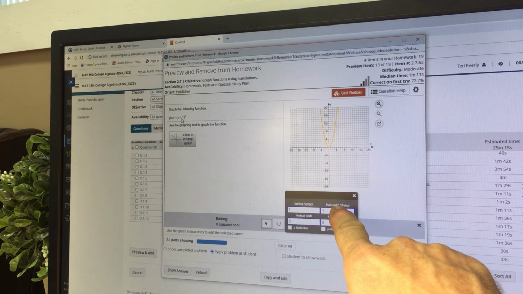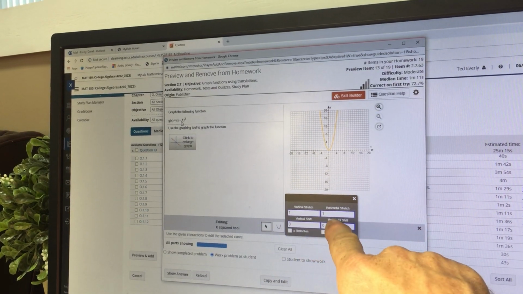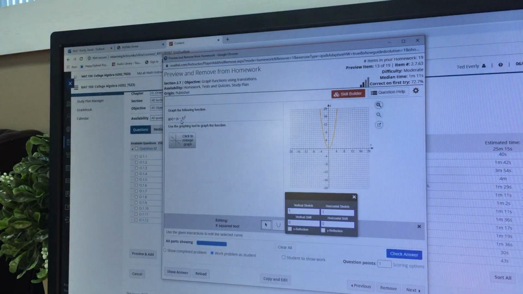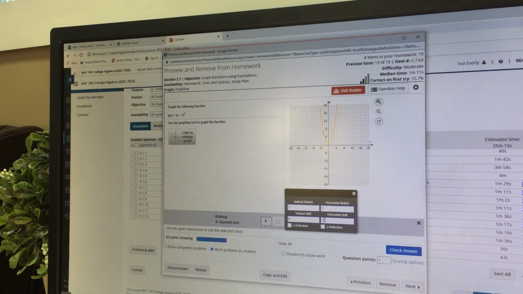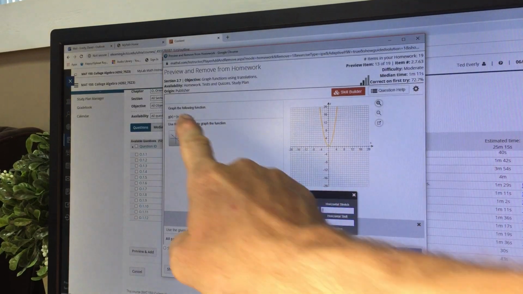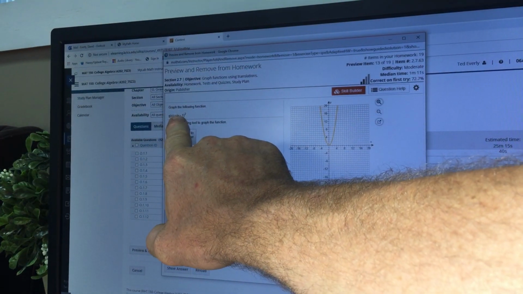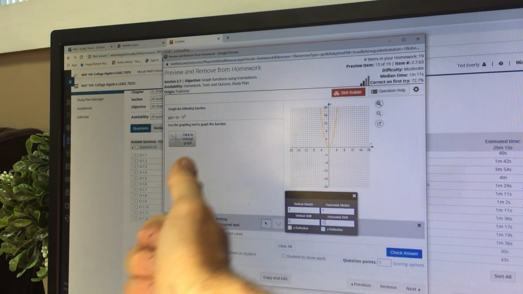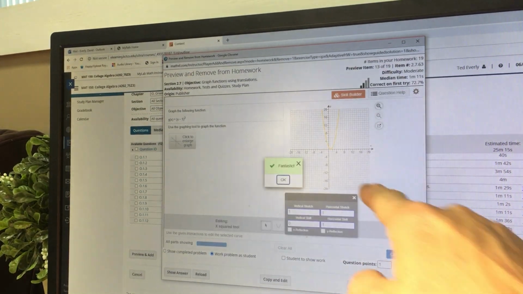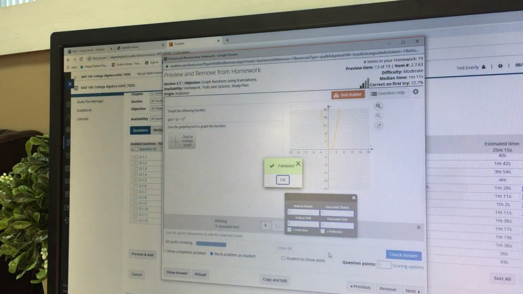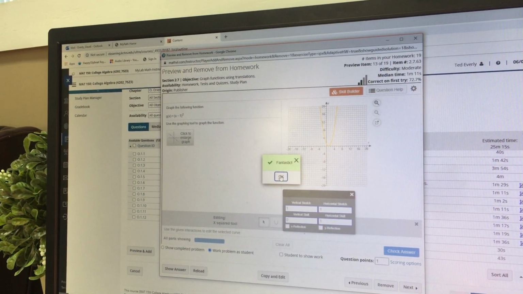It doesn't have any stretch, doesn't have vertical shift. It's got horizontal shift. And remember, it's the opposite of that. So it's going to shift it to the right one. So this would be a +1. Okay, see, this is a -1 in the problem, but it has the opposite effect, which moves it to the right one, which is +1. Okay, and then you could check, see how it moved it over. Oh, I didn't click it. I just went and clicked my answer, but